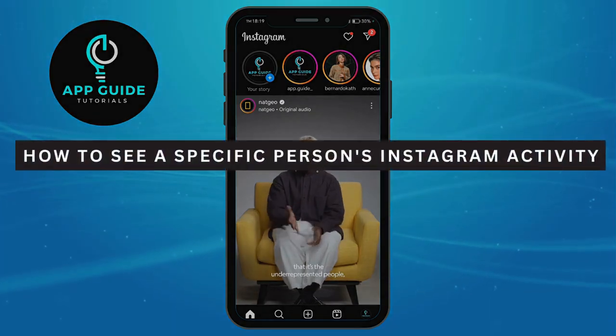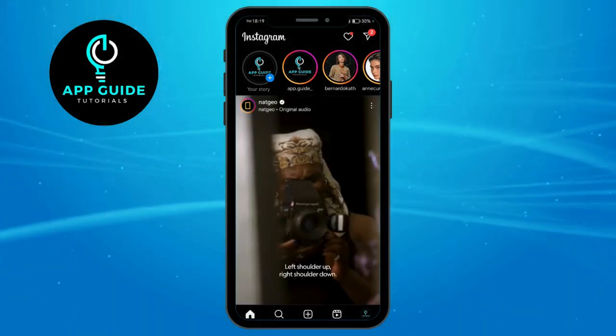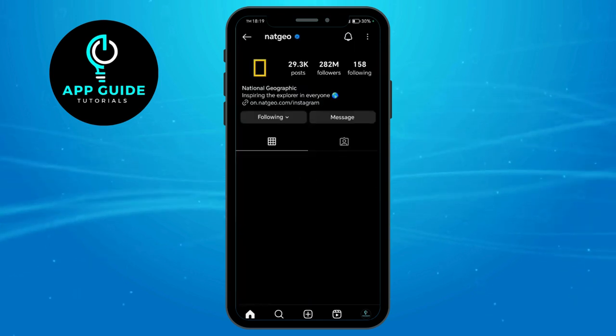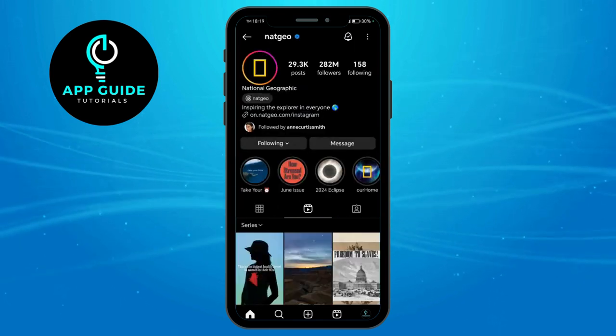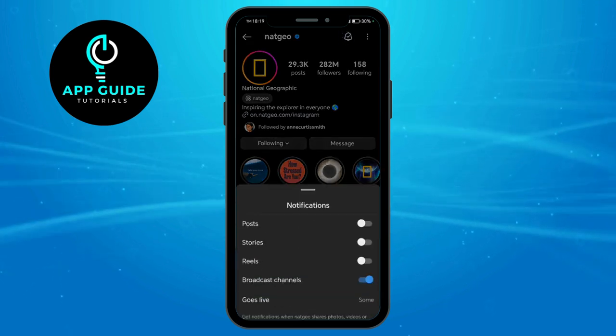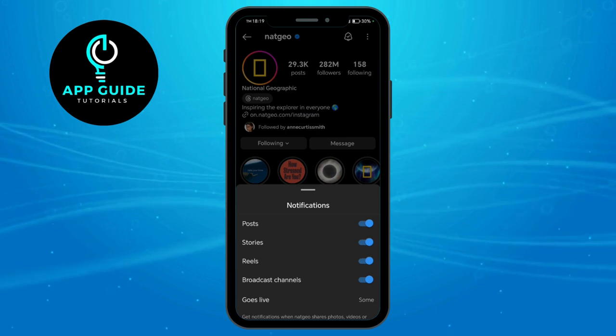How to see a specific person's Instagram activity. Now, let's say I want to check this person's activity. All I have to do is go to their profile and then click on this button right here, the bell button. So I just have to turn everything on